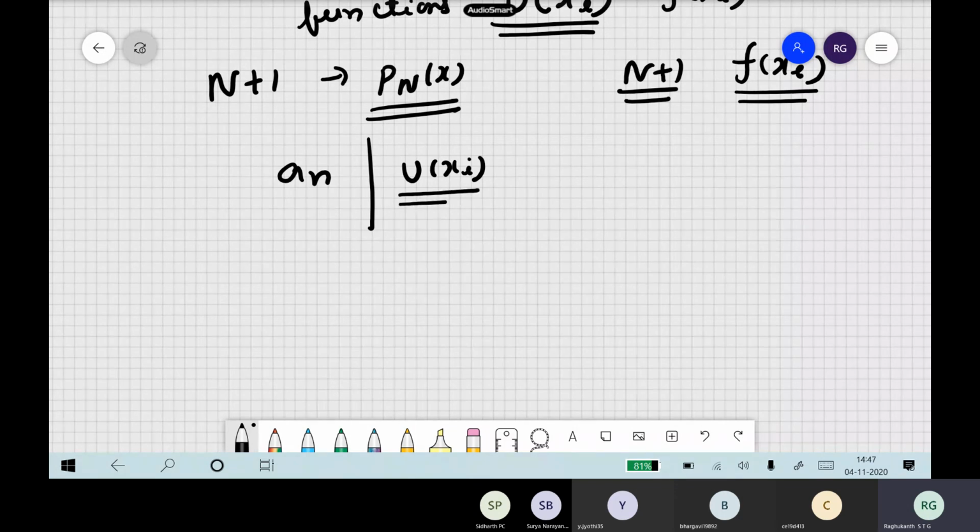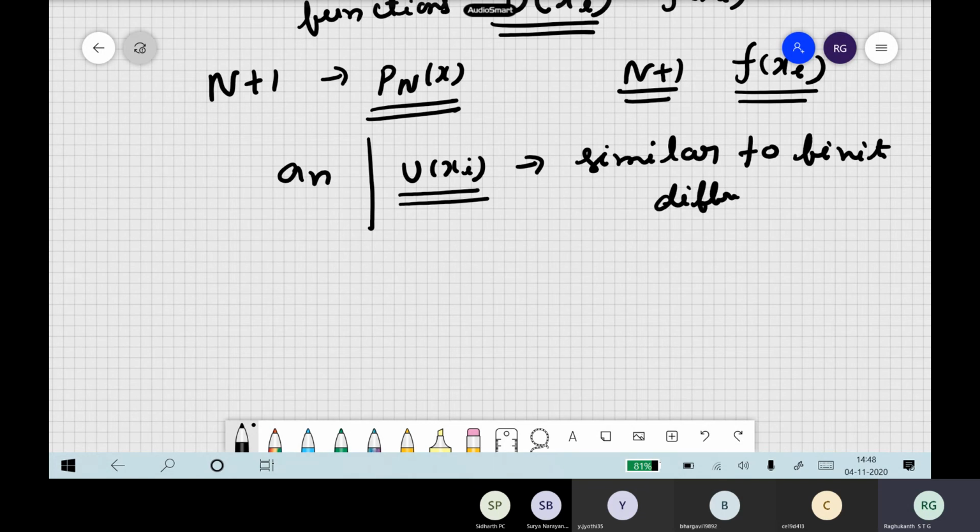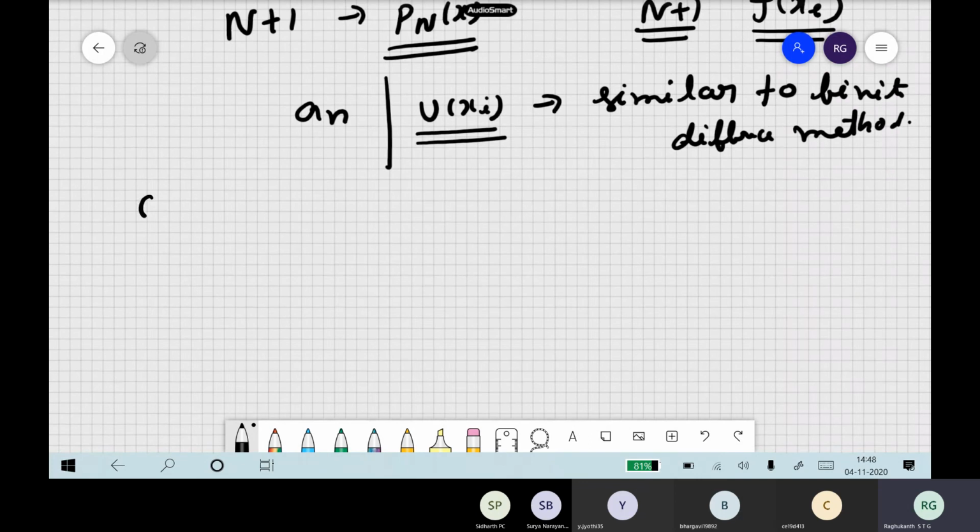If you want to do it directly in terms of the functional values, it is similar to our finite difference method. In finite difference also, whenever we had a derivative, we used the second order scheme or fourth order scheme, and we wrote everything directly in terms of the function values, the displacement at the corresponding grids, and then we solved directly. We didn't do anything like that. So similar to finite difference, we can use the pseudo spectral method also. This has some advantages, directly in terms of u of xi itself. Here our cardinal functions come into the picture.